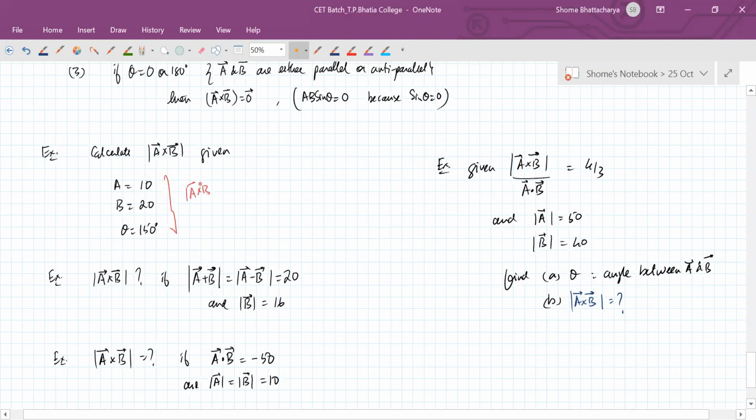So mod of A cross B is AB sine theta. So that is 10 into 20 into sine 150 degrees. So that is 10 into 20 into half. You have to remember your trigonometry formulae, otherwise you will not get questions in vectors correct. Many of you are making mistakes again and again with trigonometry formulae. Please remember your ASTC formulae properly. This is positive of sine 30 degrees, so that is half. It's not minus half or something. Sine is positive in the second quadrant.